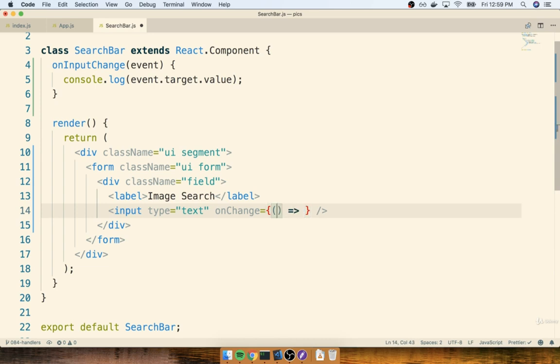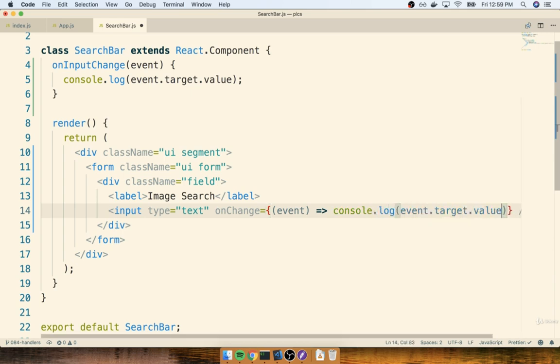This arrow function is going to be still called with that event object, just as our callback method was up here. And now inside this arrow function, I can do a console log, just as we did inside of our callback up here as well. So what you see right here and what we had before is absolutely identical. It's the same thing. It's just a slightly abbreviated syntax where we do not have to define a separate method